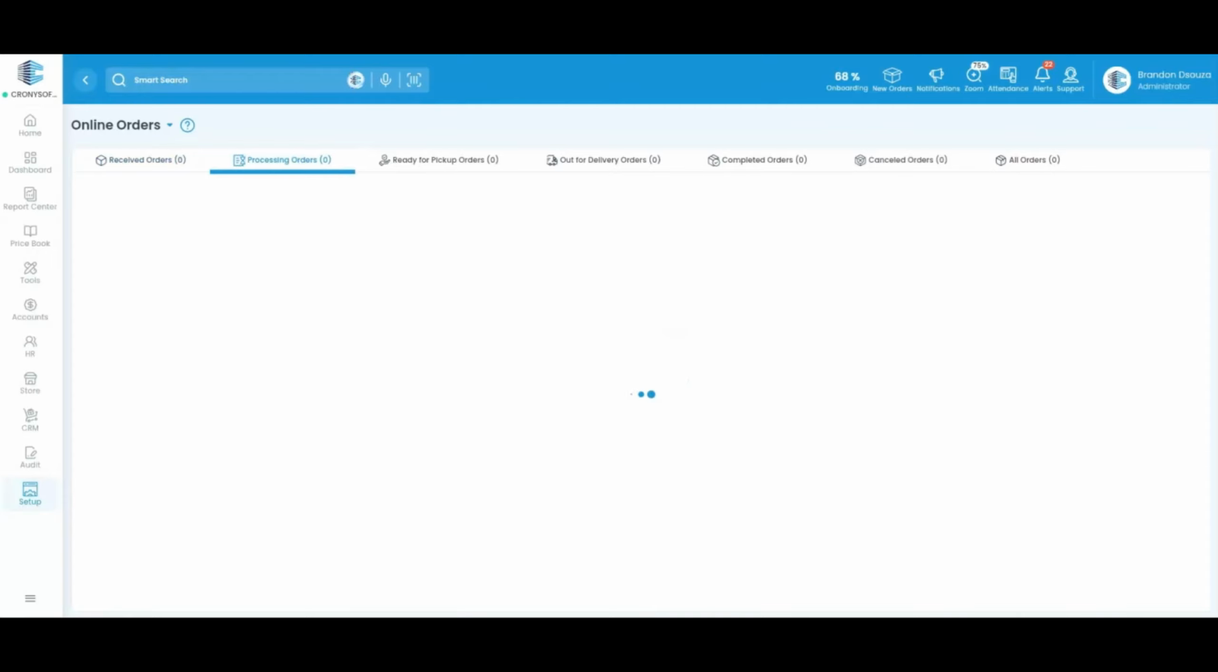First, you may see orders under processing status. This means the order has been received and is currently being worked on. Once the order is prepared and ready, it can move into ready to pick up status. This helps the store team know that the order is ready for pickup by the delivery driver or customer depending